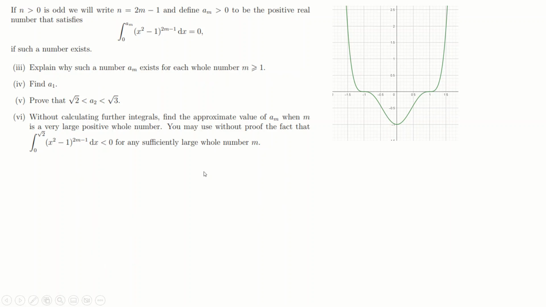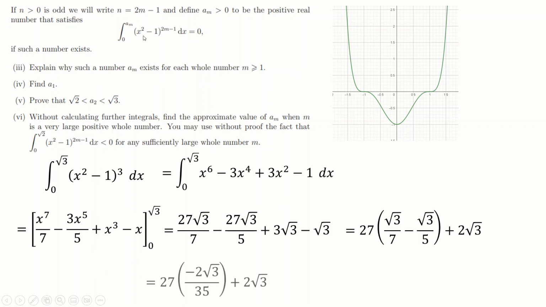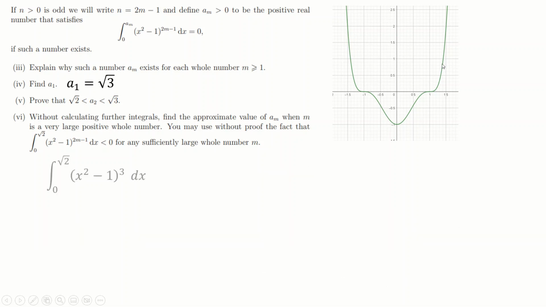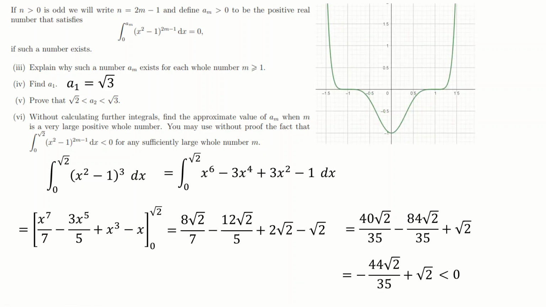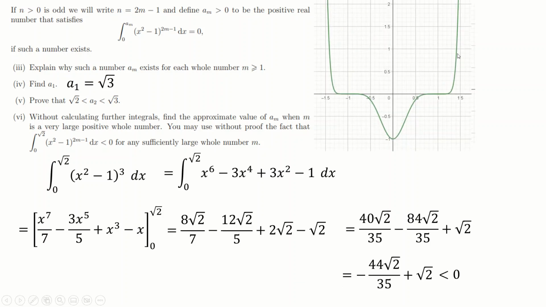And the answer is because, of course, if you substitute root 2 into here, no matter what the power is, root 2 squared is 2, minus 1 is 1, and 1 to the power of anything is 1. So all of these graphs that I was sketching here, flicking through all the working that I did earlier, always go through root 2, 1, and then accelerate very, very